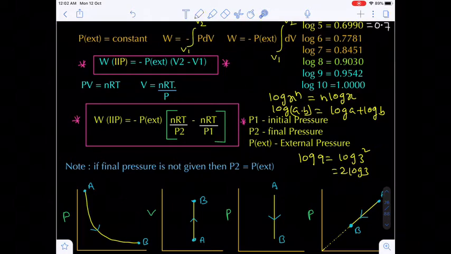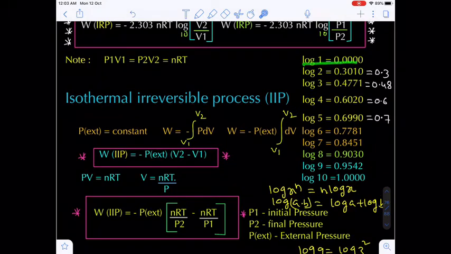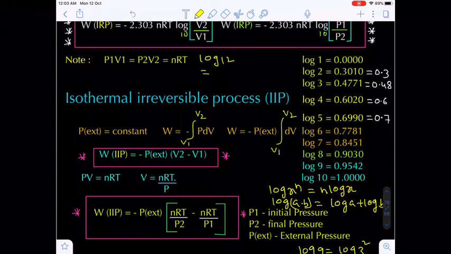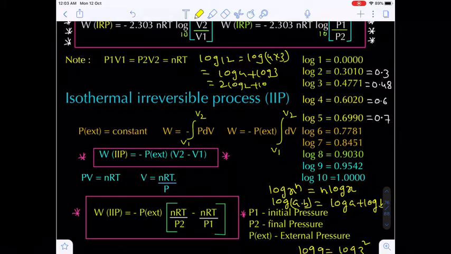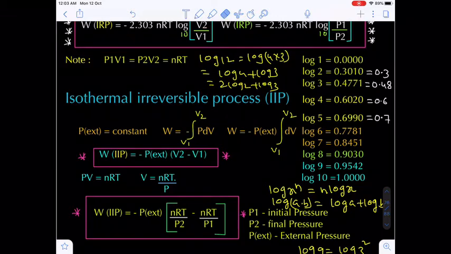Okay, in most of the questions log values are given. Even if the log values are not given, at least we have to remember the single digit logarithm values. Let's suppose I want to calculate the logarithm of 12, so I am writing log of 4 plus log of 3, because 4 3s are 12. So instead of log 12, I write log 4 plus log 3. Log 4 is nothing but again 2 log 2 plus log 3. So we know the log 2 value. Yes, we know the log 3 value. With the help of log 2 and log 3, we can find the logarithm 12 value.